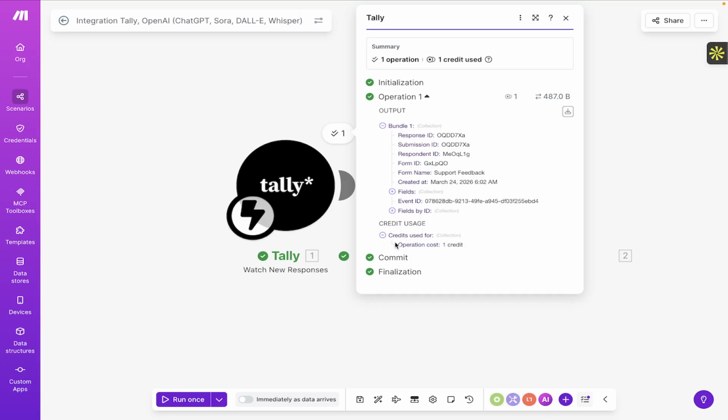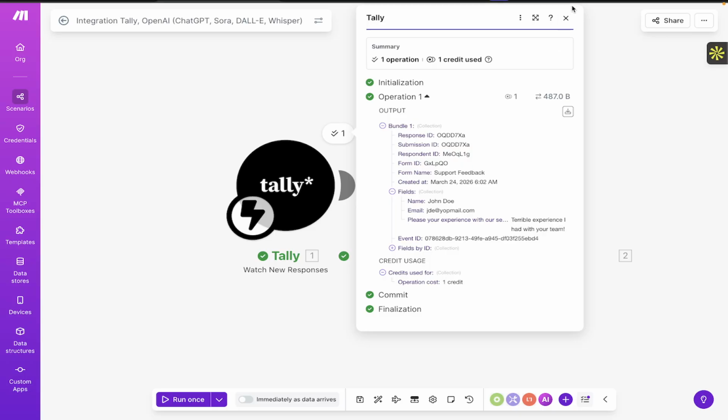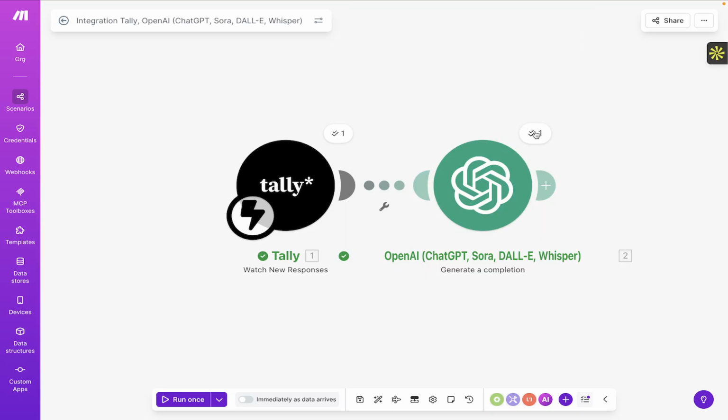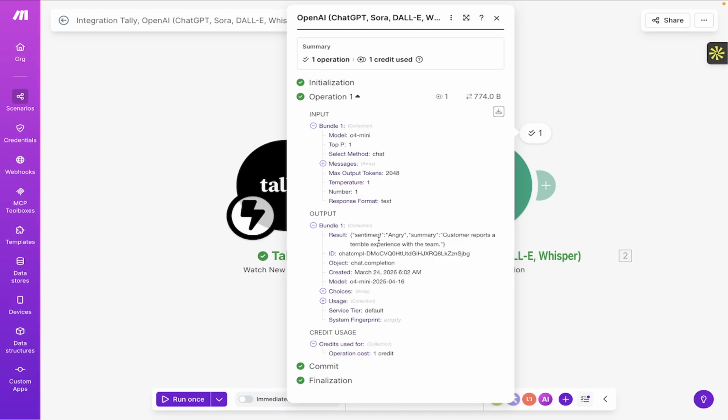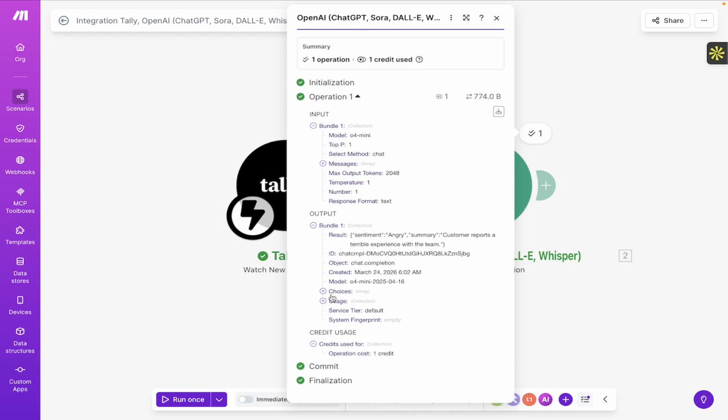Tally got the form submission, so we're going to go under output, look at fields, and you see the name John Doe, the email, exactly the email we typed, and the feedback. It says terrible experience I had with your team. So we know that the data capture is working correctly. Now let's see what OpenAI did with that. Usually you can see it immediately under result, but for consistent results, you need to go to choices,